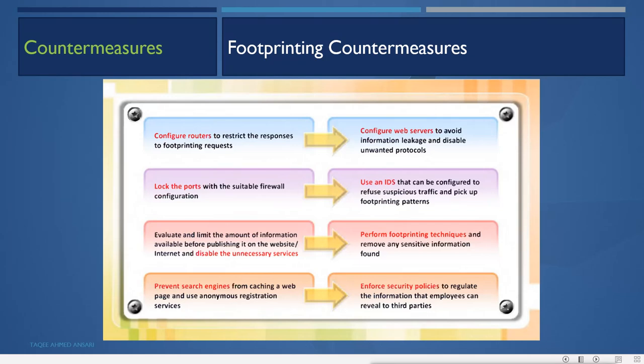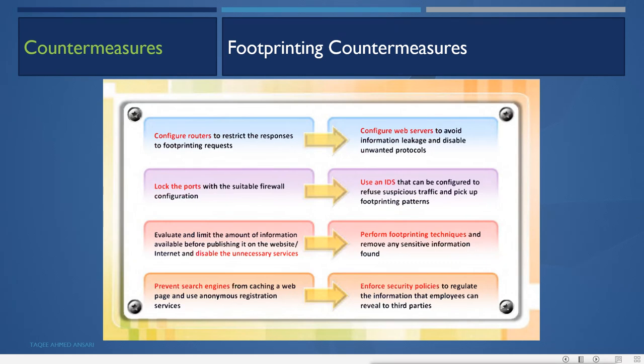Prevent search engines from caching web pages and use anonymous registration services. And also these websites, when they create the web applications, they have to prevent the search engines from caching. So in web applications there are codes, so you put those codes to disable the caching of those pages. So when you do this, those websites will not be cached by other sites like archive.org, Netcraft.